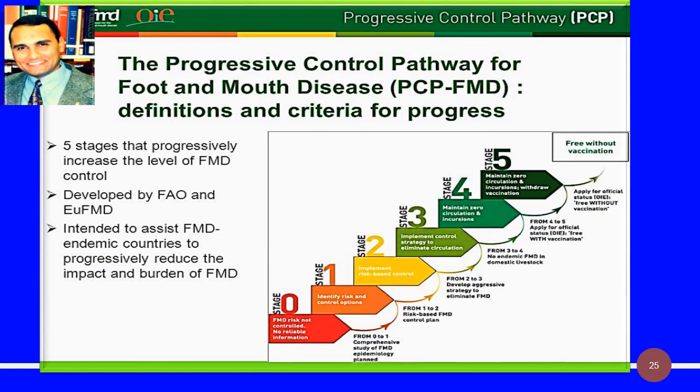This is a clear example for the estimation of a control program of a disease. The progressive control pathway for foot and mouth disease: definitions and the criteria for progress. It has 5 stages that progressively increase the level of foot and mouth disease control, developed by FAO and the European Foot and Mouth Disease Organization, intended to assist foot and mouth disease endemic countries to progressively reduce the impact and burden of